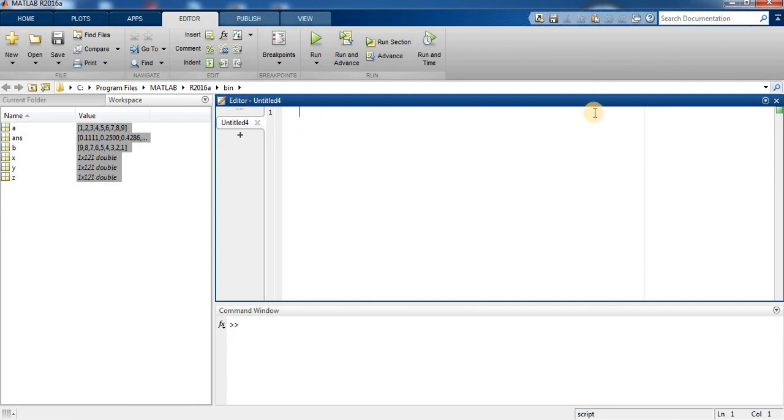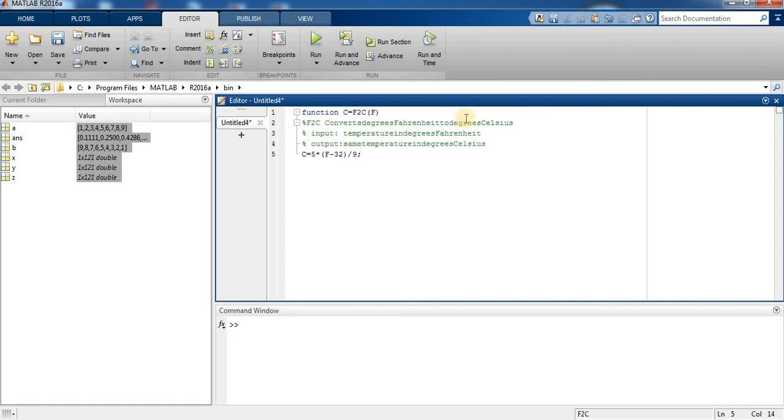Now we are going to create a MATLAB function that converts Fahrenheit temperature into Celsius. So first we type function C is equal to F2C(Fahrenheit). F2C converts degrees Fahrenheit to degrees Celsius.